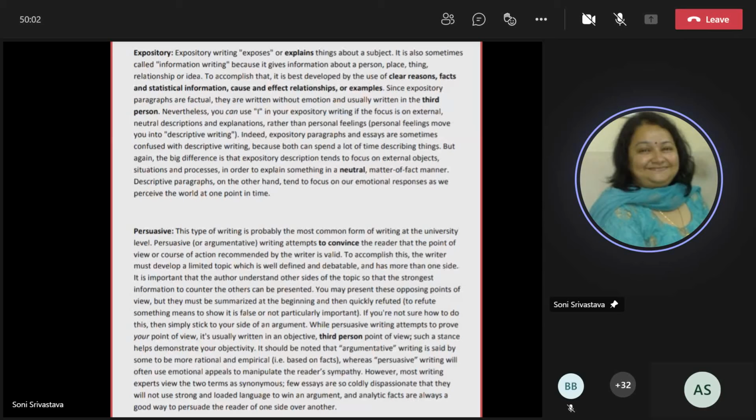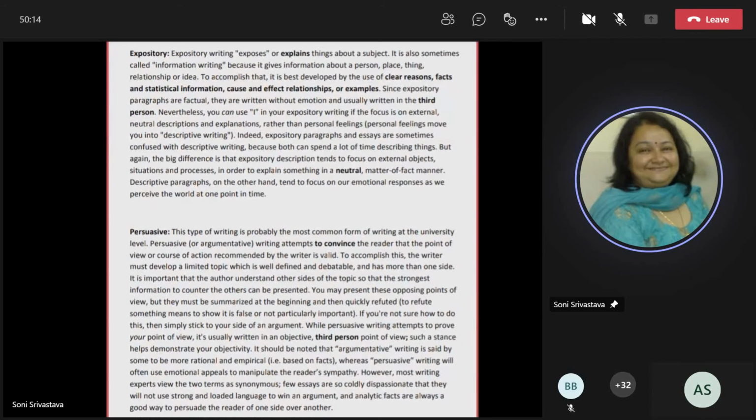How does it go? Where does it go? Which person is using it? Which place is it going? So obviously it is descriptive. It is capturing every detail of a person, place, or a scene. What is happening at that particular place? That is what it is describing. So the Ball Poem is completely descriptive.